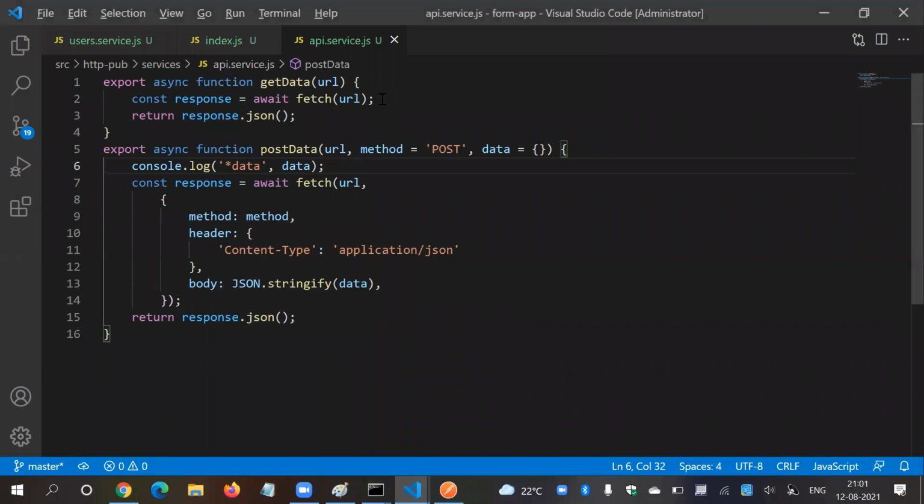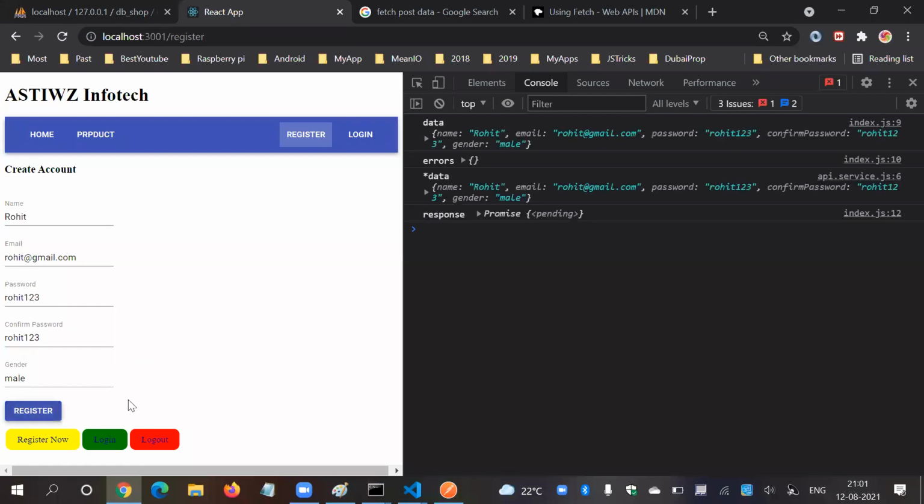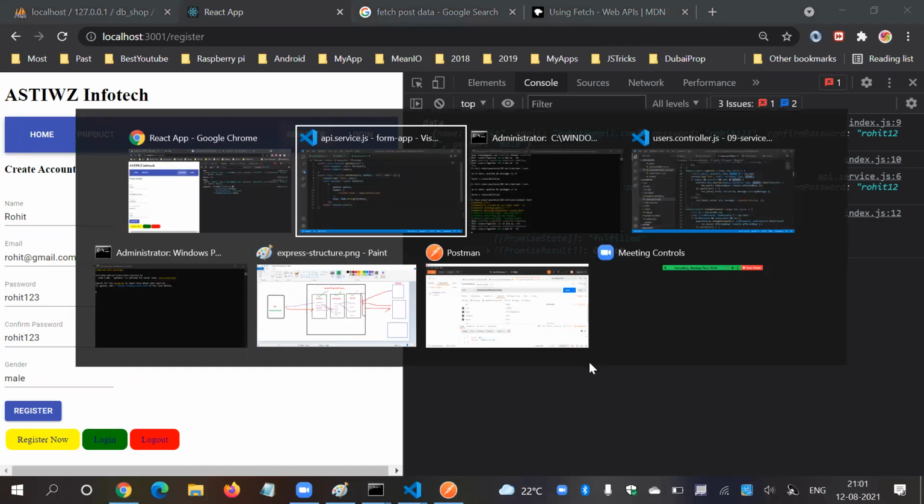And yeah, let's try this. Press here. So name, email, password, and gender. Name, email, password, and gender. Everything is right. Response. Got it.